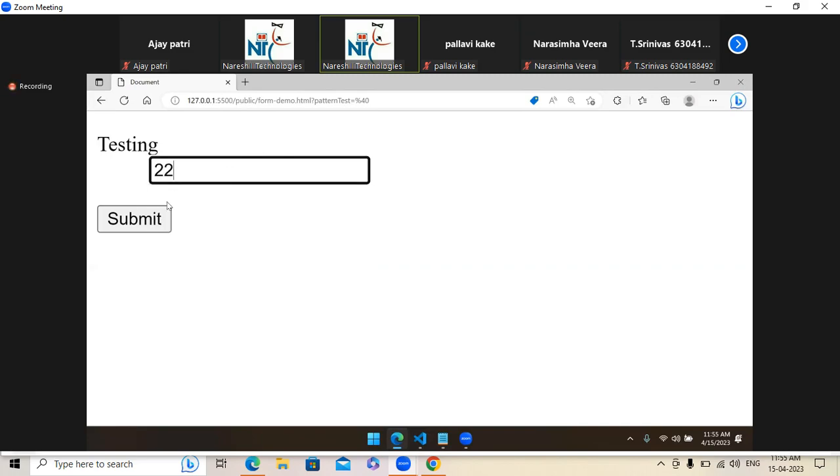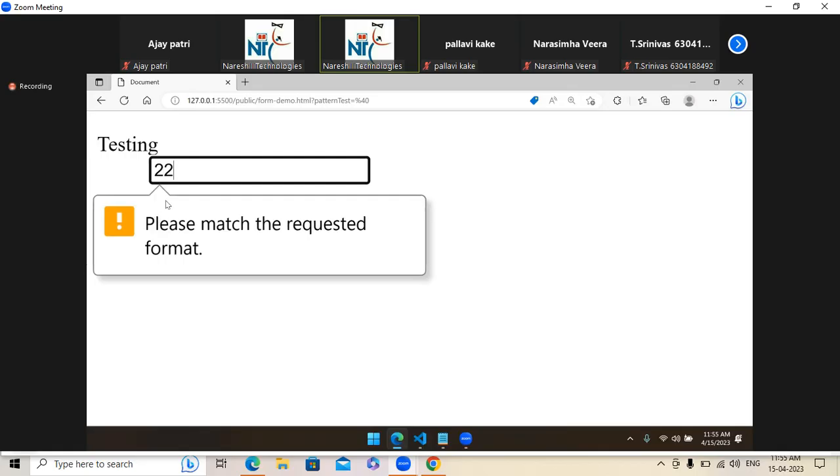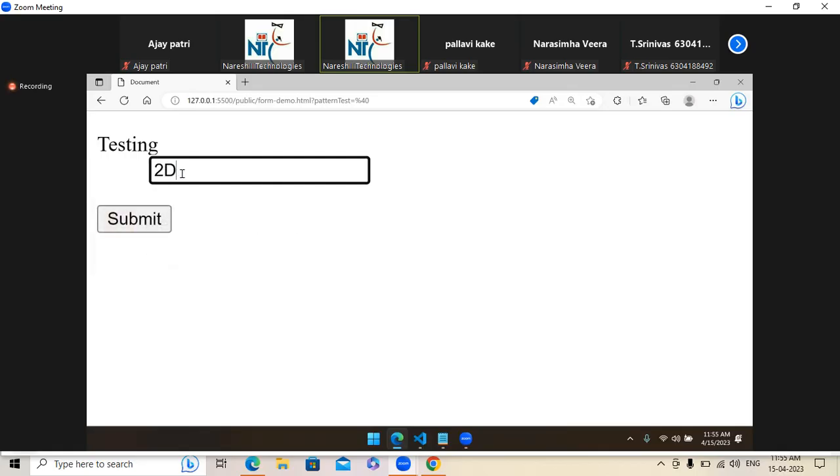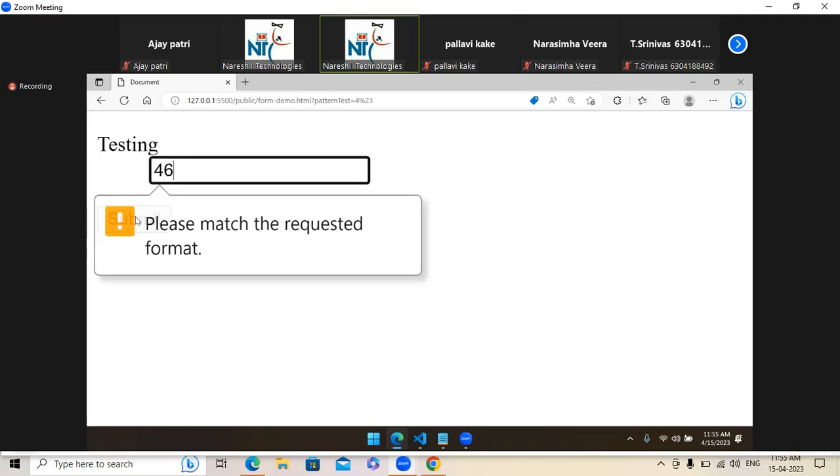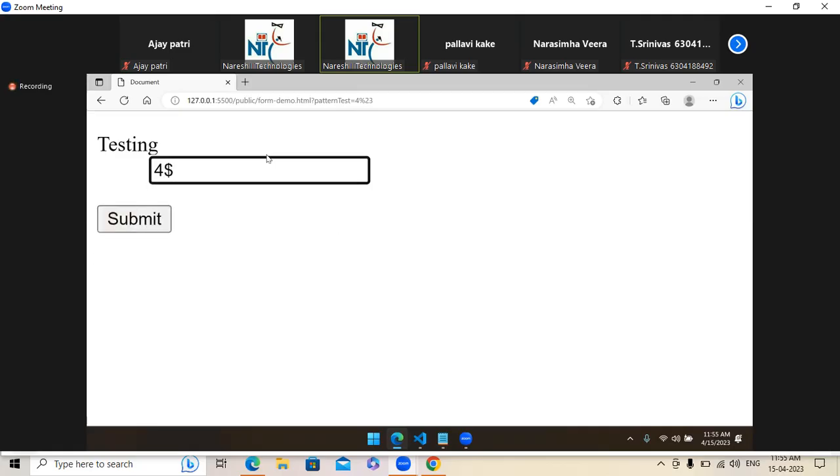So suppose 2. It's not allowed, because the last one should be any character. Uppercase letter allowed. Lowercase letter allowed. Special character allowed. But number not allowed. Don't worry about what is submitted. That means I click on submit. You see it submits